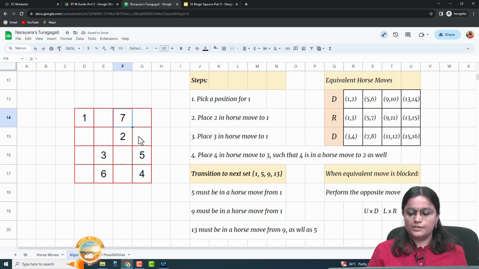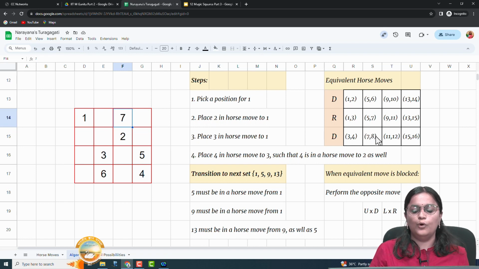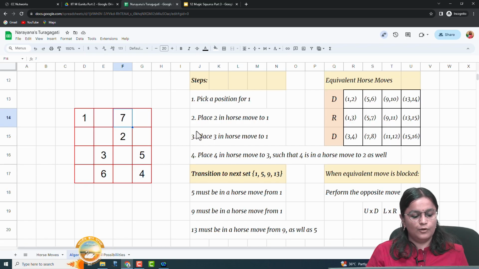Now, we also find that our table tells us that 7 and 8 must be in an equivalent horse move as 3 and 4, which is down. So, from 7, let us head downward, make a horse move and place the digit 8 over here, which completes our second set. So, now as we transition to the next set, we see that 9, 10, 11, 12 are